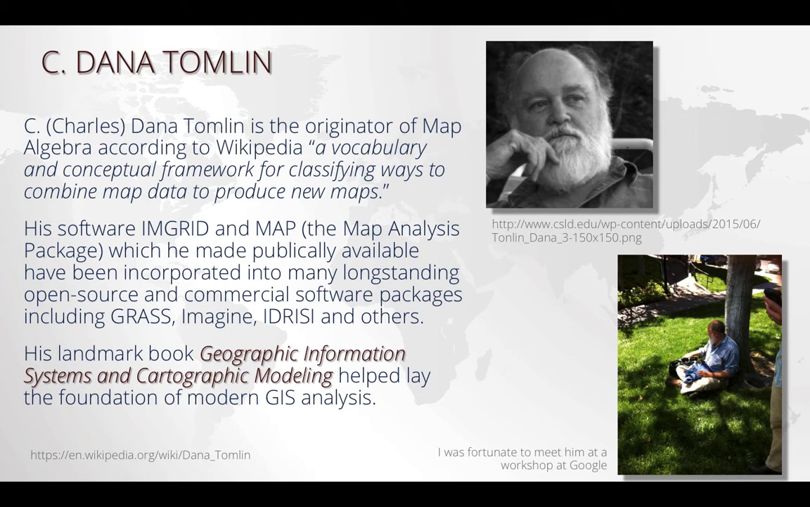One of the reasons why C. Dana Tomlin is so important in early GIS was he wrote a couple of software packages back in the day. One is called IMGrid, the other is called MAP. And not only did he make them, but he was open source before the term open source was popular, maybe even developed. So he made his stuff publicly available to people,